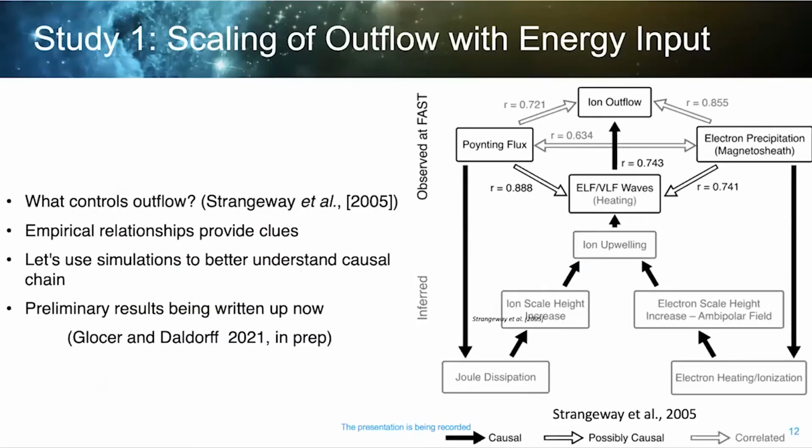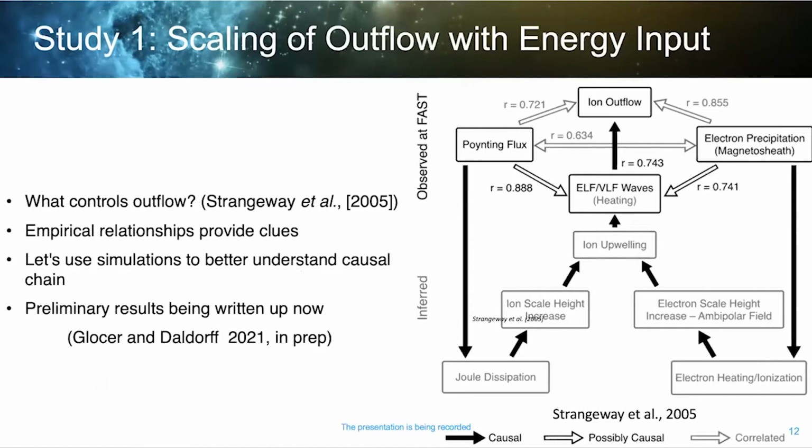So that's enough about the model description. I'd like to talk a little bit about applying the model to study ion outflow. And to start with, I'm going to use just some plume simulations to look at how ion outflow scales